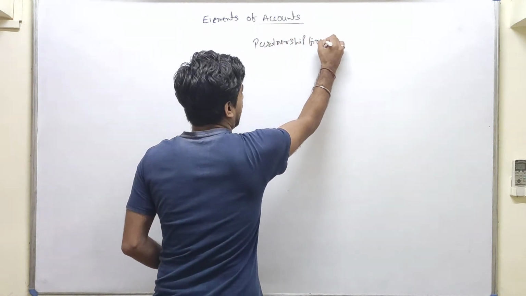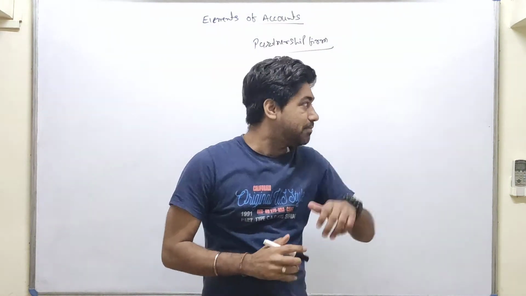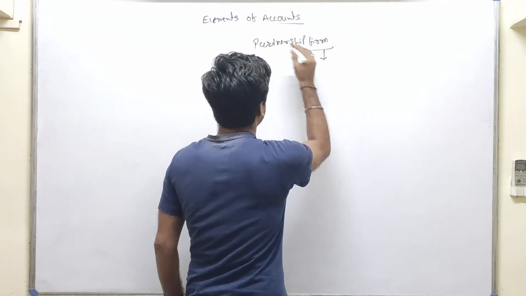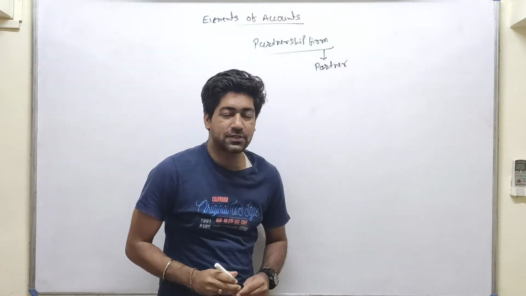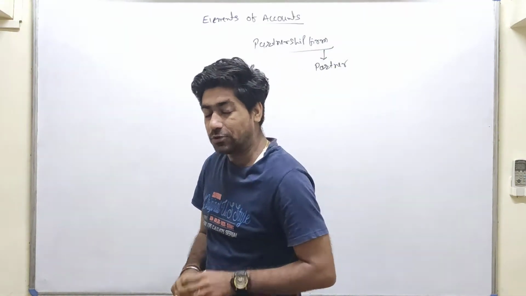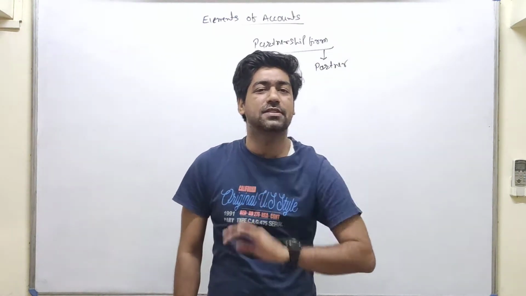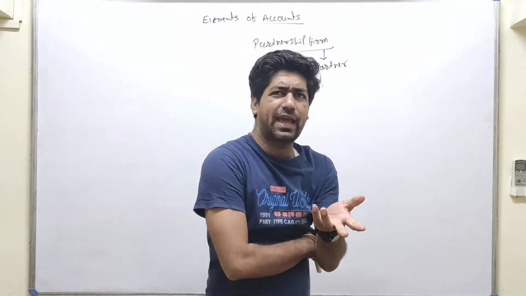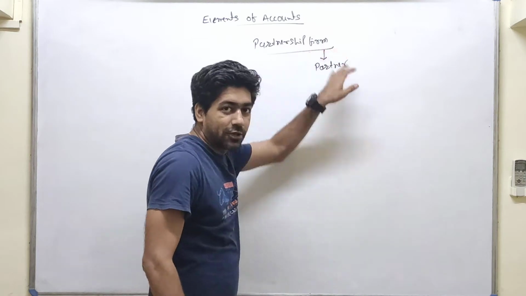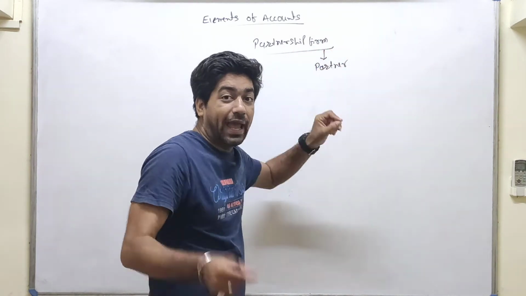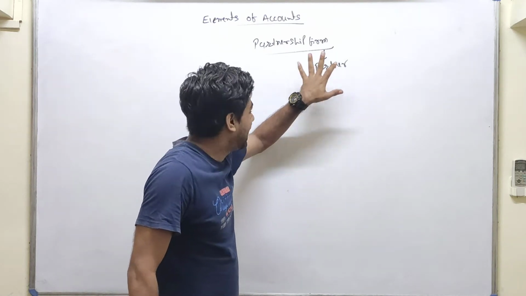This word is not new for you. You already studied it in your 11th. Partnership firm means the persons involved in the partnership are known as partners. That means 2 or more persons gather together and start a business for the same motto, and they agree to distribute the profit. That is known as a partnership. So the firm is known as a partnership, and the individual person is known as a partner. That is not new.